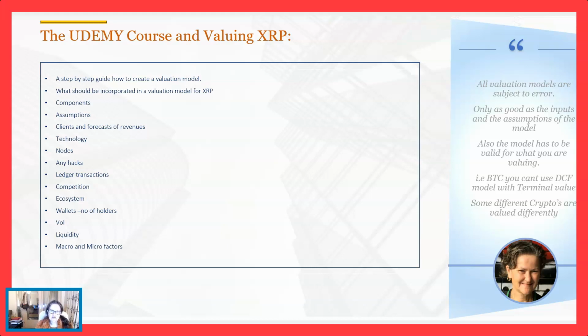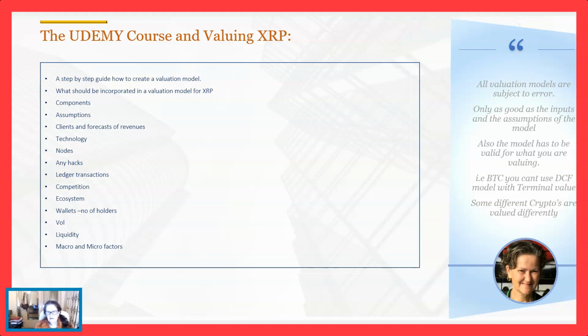And there are actually 2 valuation models in that. The 2 valuation models I look at are discounted cash flow with terminal value, and also EVA, which is an enterprise valuation model, which I go into in detail within the Udemy course, which I don't want to go into detail here. But basically those 2 valuation models require components, assumptions,